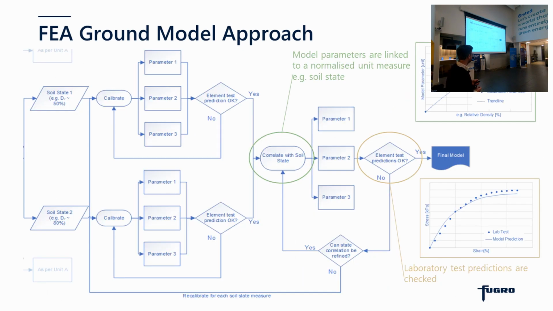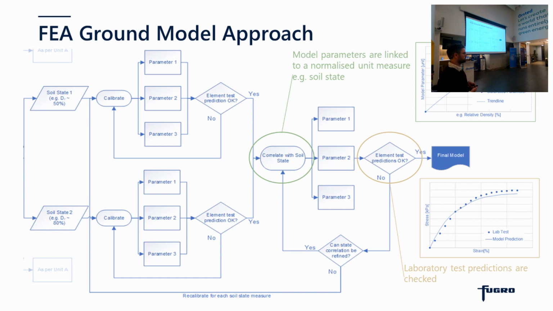Just an example here, not wishing to overcomplicate the issue, I won't dwell on every stage of this, but this is an example of a process map that can be put together to focus on two things. Essentially, our model parameterizations are linked to some normalized unit measure, i.e. soil state or some other measure which can be easily determined by correlation to our CPT data. All of our finite element or stress-strain predictions for our soil response are then linked to that state measure in some relationship, and that state measure is then predicted at other locations via the CPT,